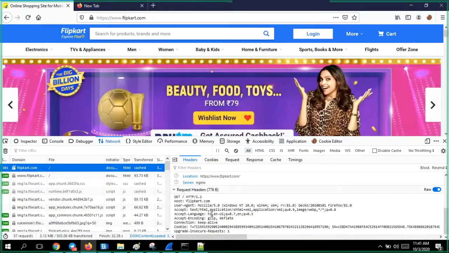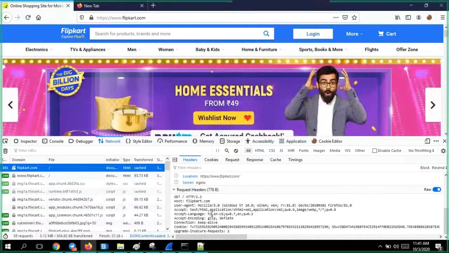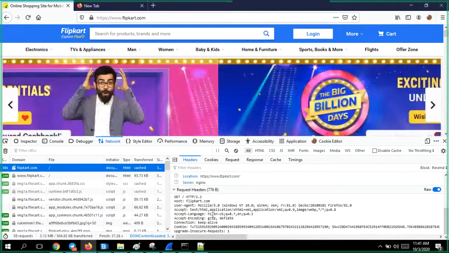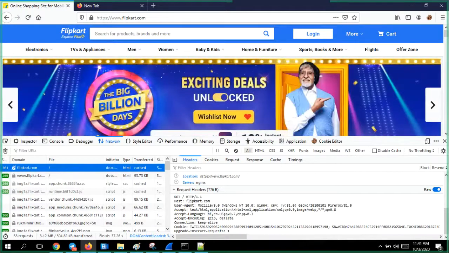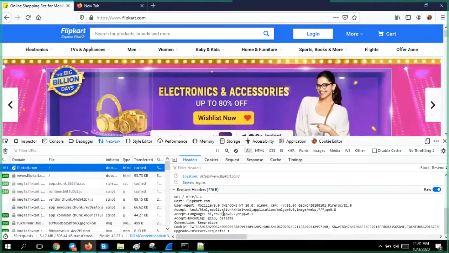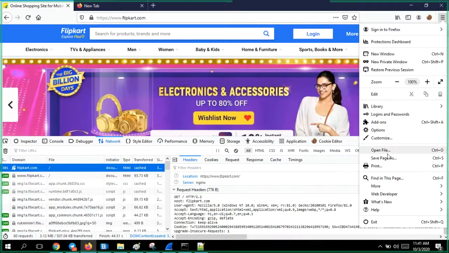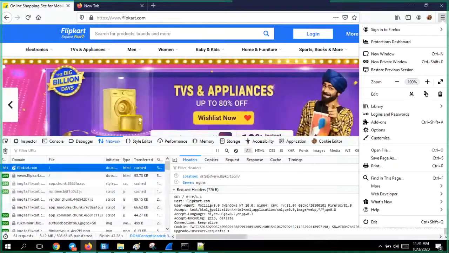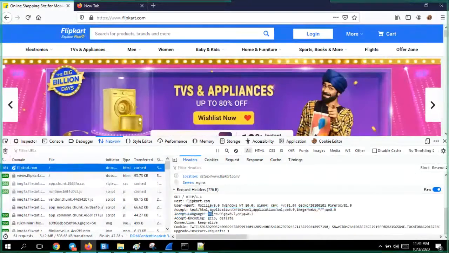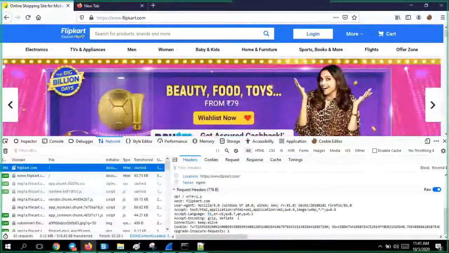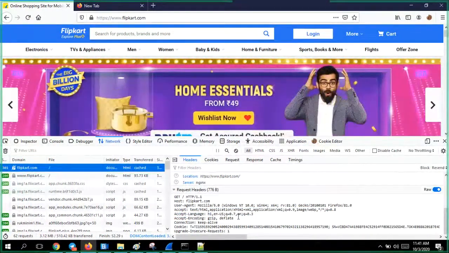Understanding, no issues, right? Now I can understand Hindi, I can understand English. If I add French also, it will say that I can understand Hindi, English, and French also.